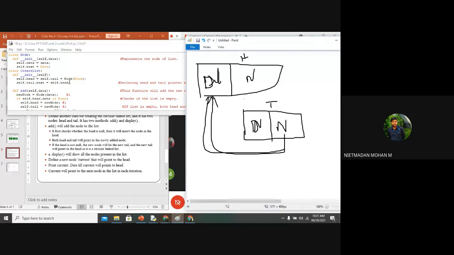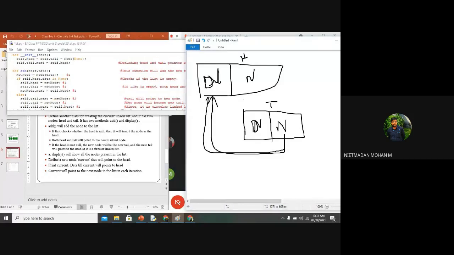Here I am creating two nodes, and the tail node will be linked with the head node. And now I am going to add a function: new node is equal to Node of data. If self.head.data is None, so self.head.data will basically be None, then self.head is equal to new node of 1. So it means I am getting the first data over there, and the data of this self node will be None. So one data will be coming over here. This will be the first data. Only one data has come here.